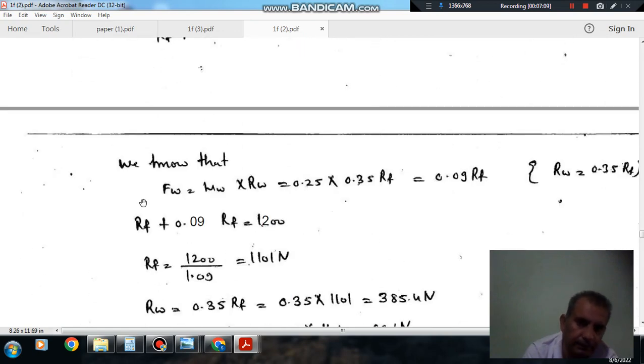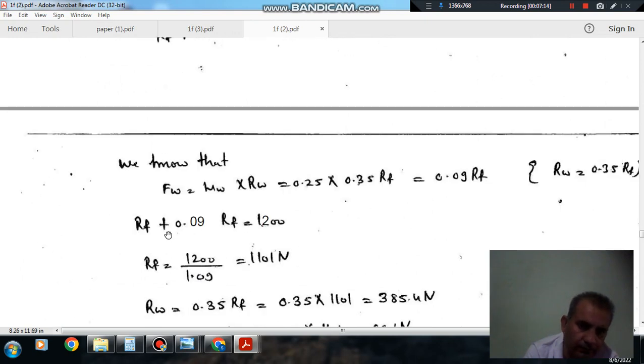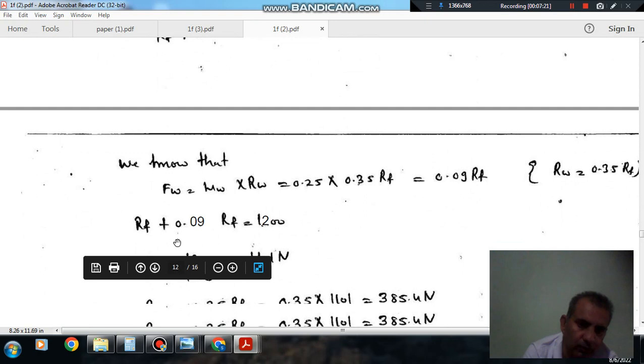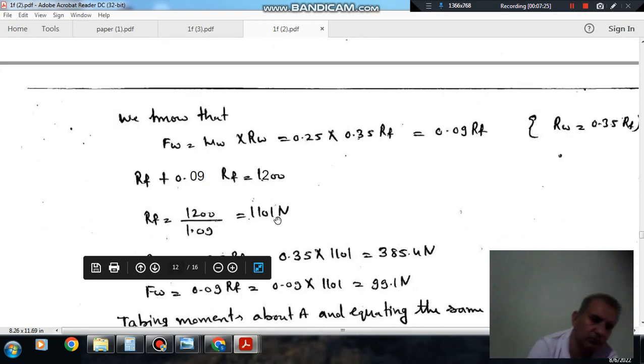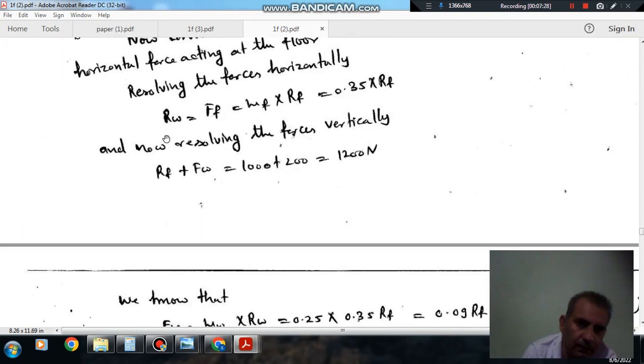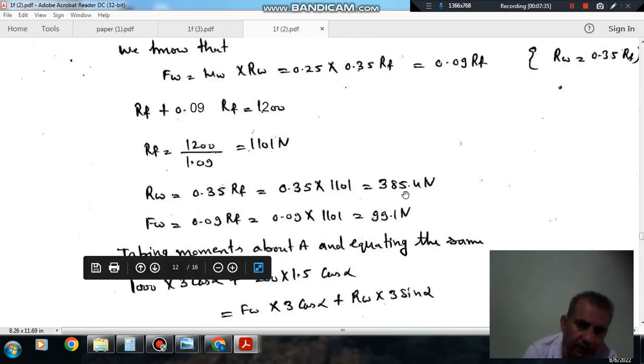Okay, and this equation has RF in terms of RF. So now we can put FW in terms of RF, that is 0.09 RF is equal to 1200 here. So from this we can get RF, that is 101 Newton. So once we know RF, we can find out RW, and we can find out FW. So RW is your 385.4 Newton, and FW is your